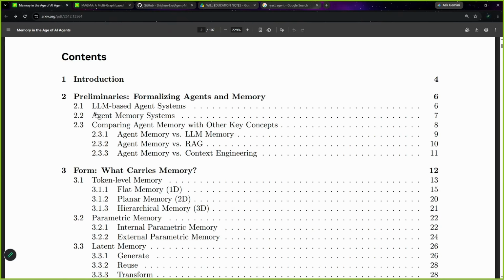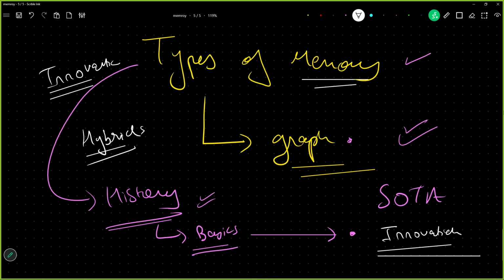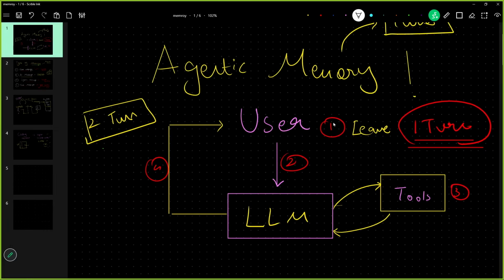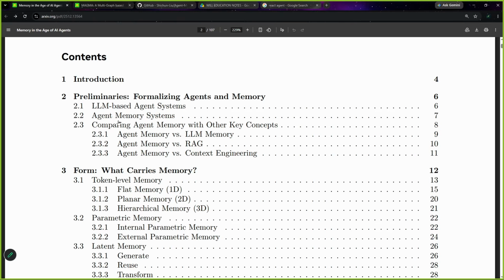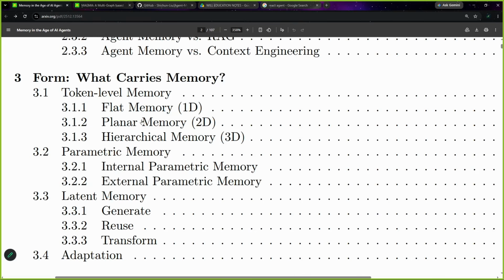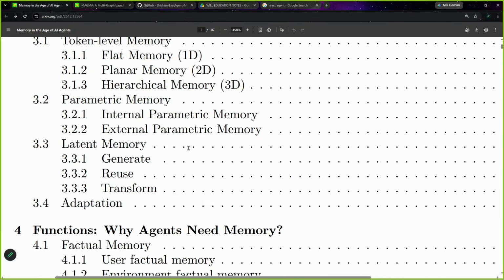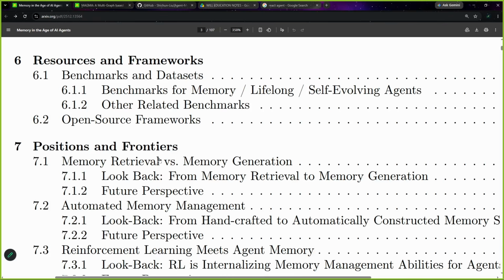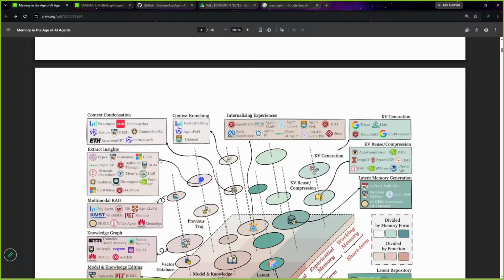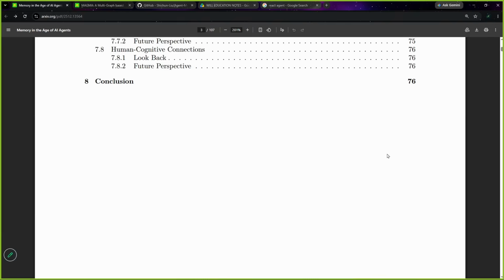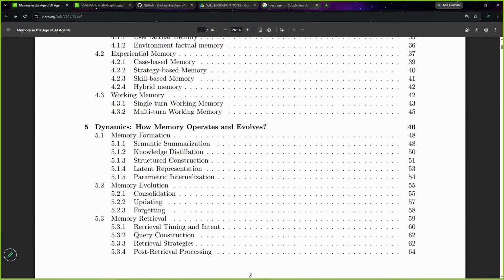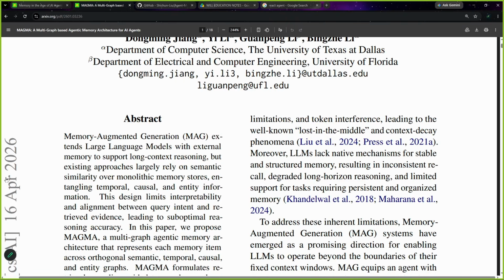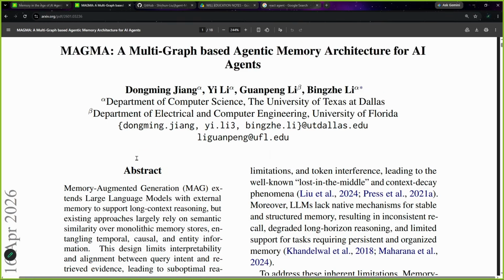Just like I started by talking about this loop, this research paper will also start by telling you about all of these systems. Then it will tell you about flat memory, hierarchical memory, and many others. The complete ground basics of memory will be covered, benchmarks and everything. So sometime you should give it a try. This is the history, and this is the state of the art. See, it is published on 16th April 2026, which is very recent.